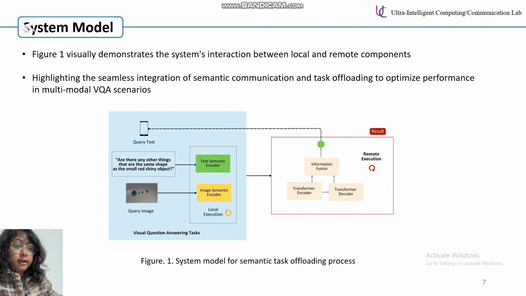For the image, we name it the query image, and for the text, we name it the query text. If we execute it locally, we don't need to go to the remote execution. If we didn't finish the execution at the local server or within the local time, we have to offload the task to the cloud or some other base, and we have to run the transformer encoder and decoder during the remote execution session, and we have to fuse the encoder and decoder outputs into one, and then get back and download the query result.